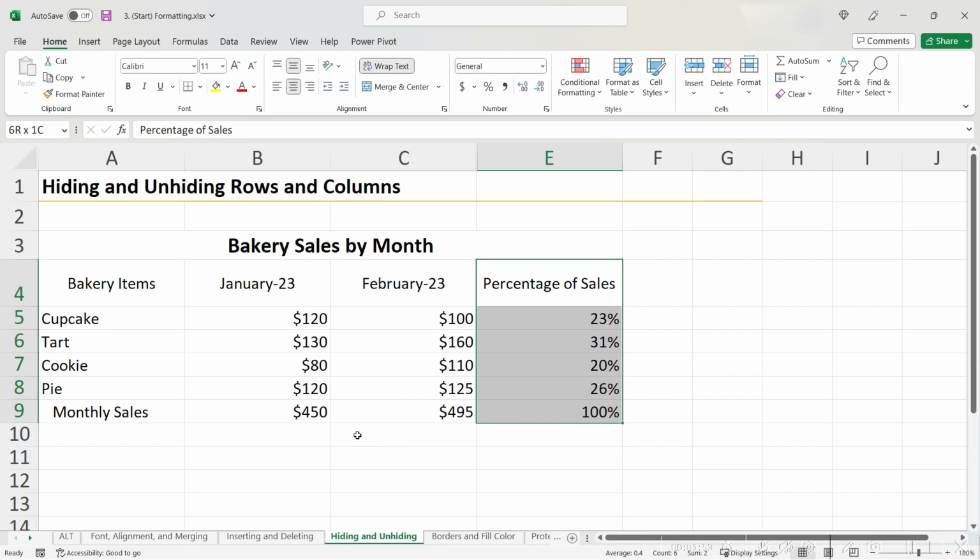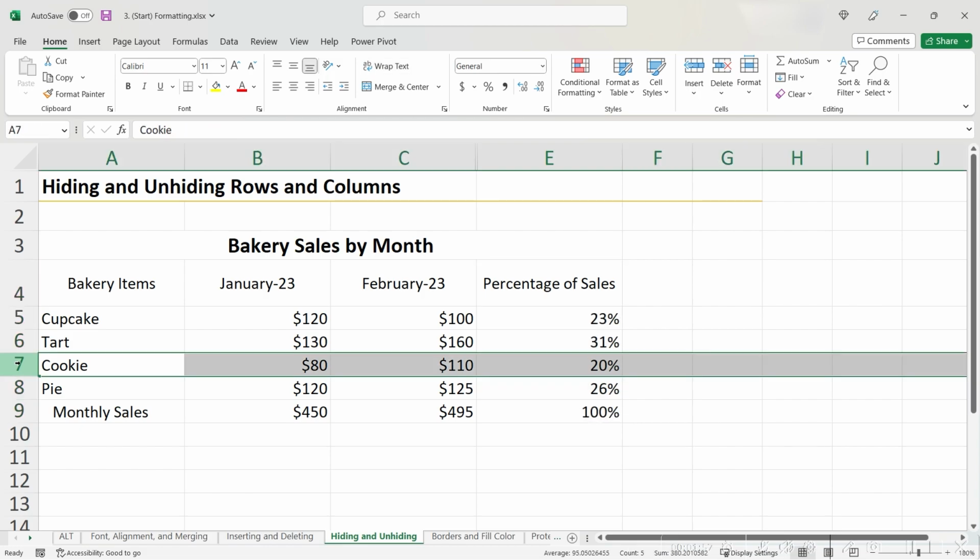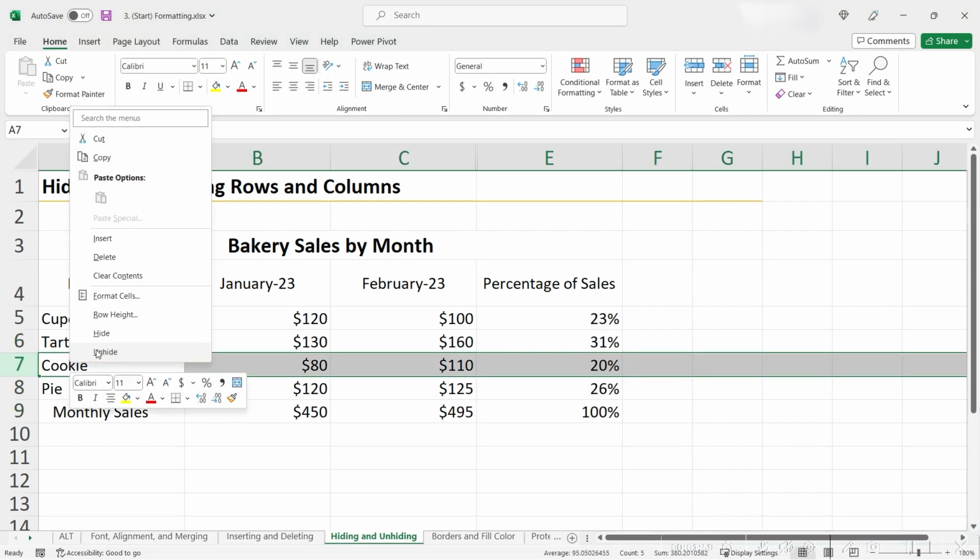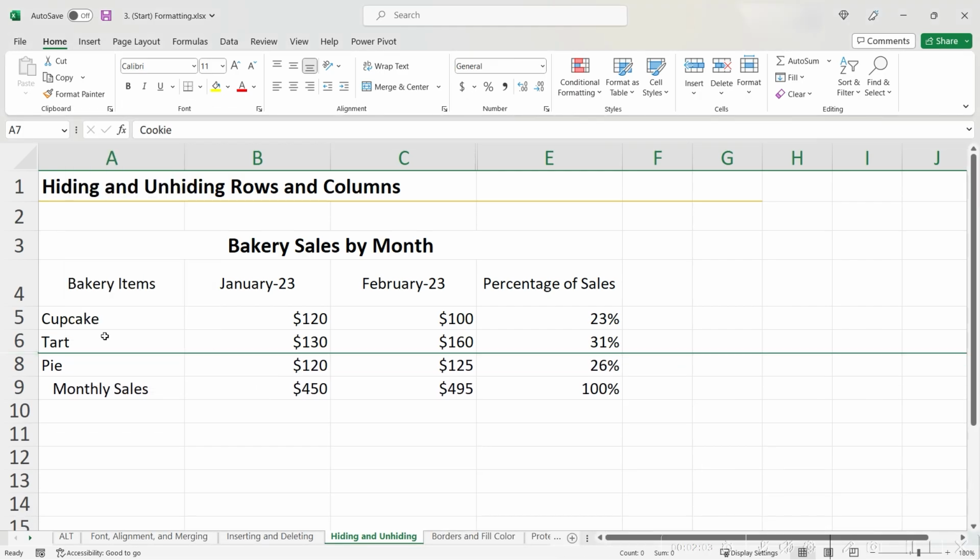To hide rows is a very similar process. First, highlight the row that you want to hide, then right-click and choose Hide or use the shortcut Control 9. This row is now hidden, but we can see that it's still living between these two rows because it skips